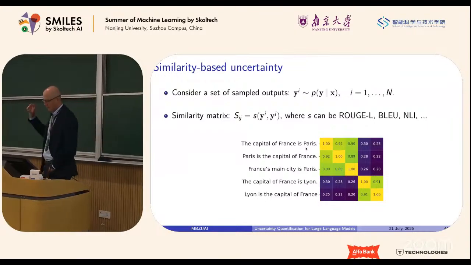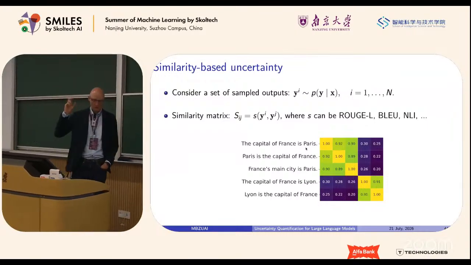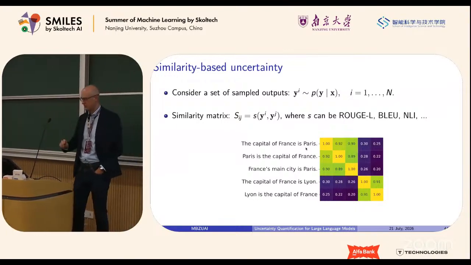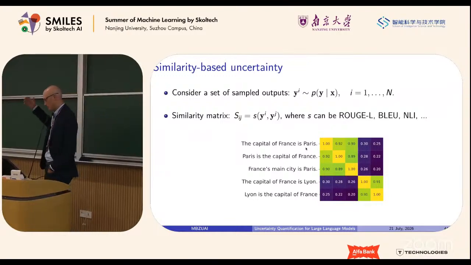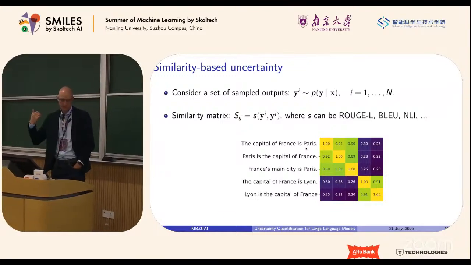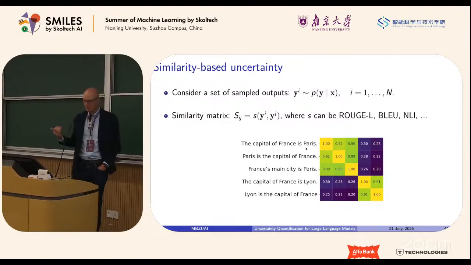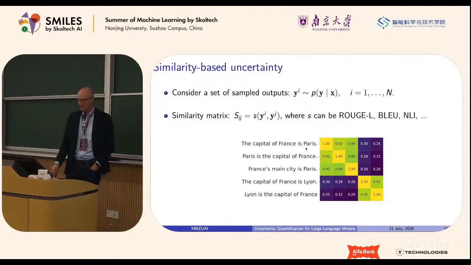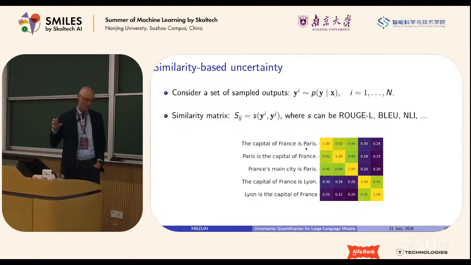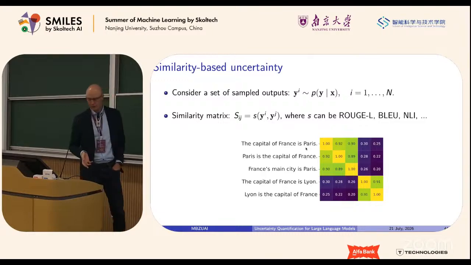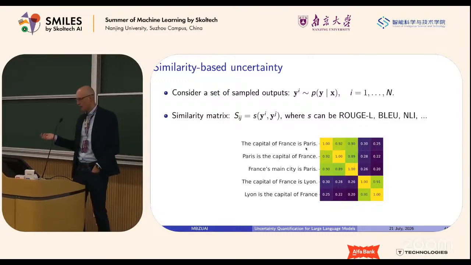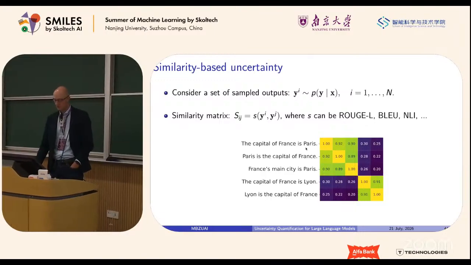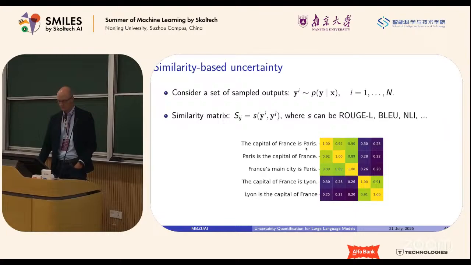Well, probably when we have very simple answers, such as one-token answers, we can do this. But when we are getting long generations, even for a few tokens, we already need some measure of semantic similarity to understand whether answers are actually the same or different. And here we can use different techniques from NLP. We can use techniques such as ROUGE-L, BLEU score, and NLI to understand whether predictions actually mean the same thing or not.